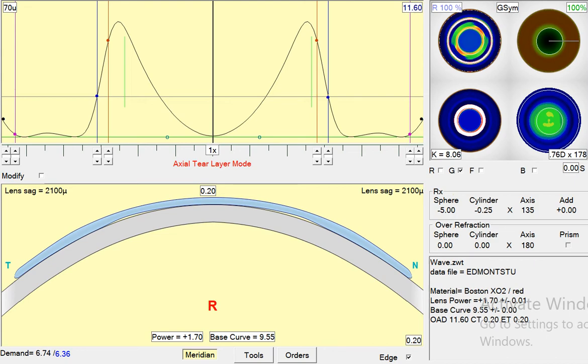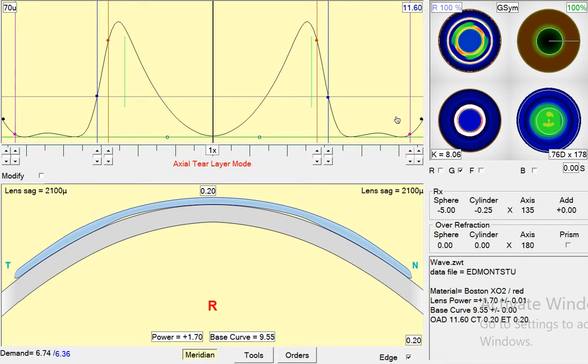In this video, I'm going to demonstrate some common lens changes that we make. This is an OrthoK lens, and the two things we're looking to do are to adjust the overall diameter of the lens and also loosen how the lens fits out in the periphery. So up at the top right corner, we have the diameter of the lens,